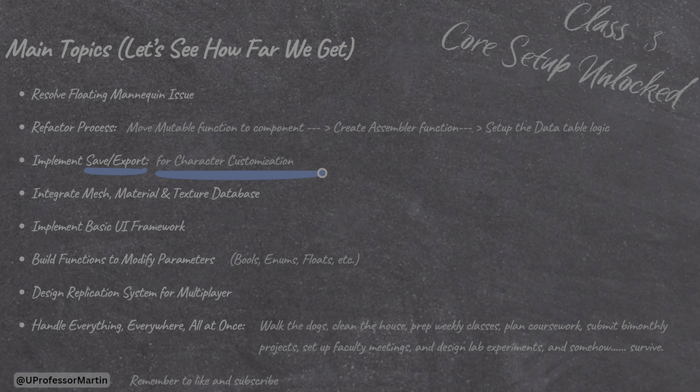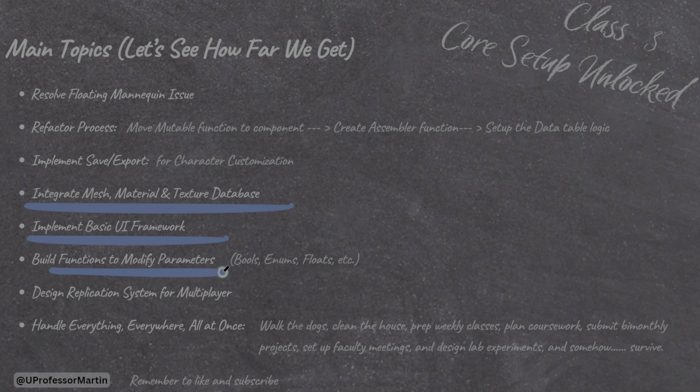What next? I would love to do this, but I don't know if we will have the time. Same with this. Oh, we can do some of this. We can create all the functions that modify parameters inside mutable. It is similar to the one that we did in the construction script that we will move to the component. So we can do that and have them ready when we use them later on, for example, here.